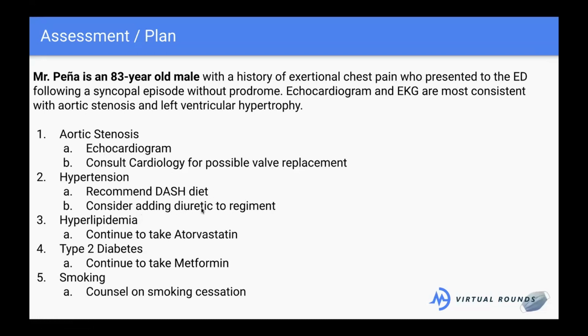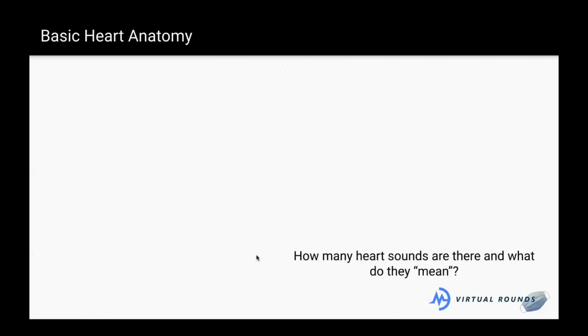And then we might want to add a diuretic just because he's kind of got some heart issues. Diuretics, some people call them water pills. So he would basically just kind of pee a lot to get some of the fluid off. And so if he's got hypertension and some kind of concomitant heart disease, perhaps we want to get some of the fluid off to make his heart not have to work as hard. We want him to continue taking the medications for each of these two conditions. And then we do want to make sure, he said he was stopping smoking, but after 40 years, we just want to make sure that he's really stopping the smoking.